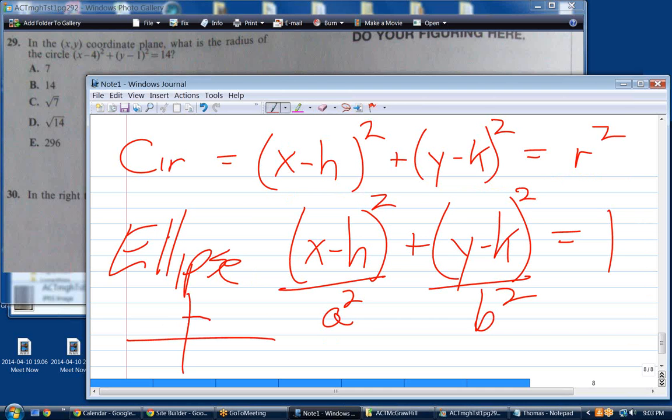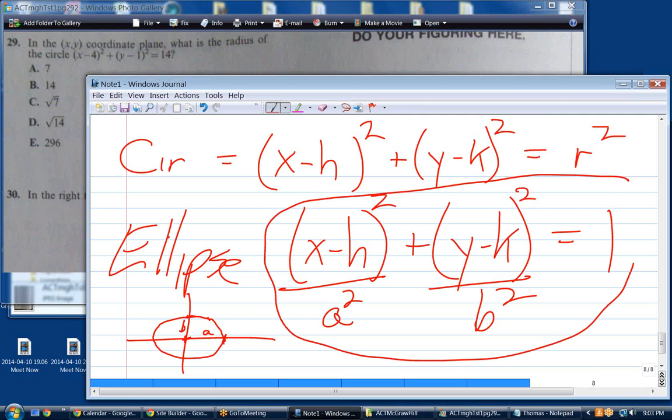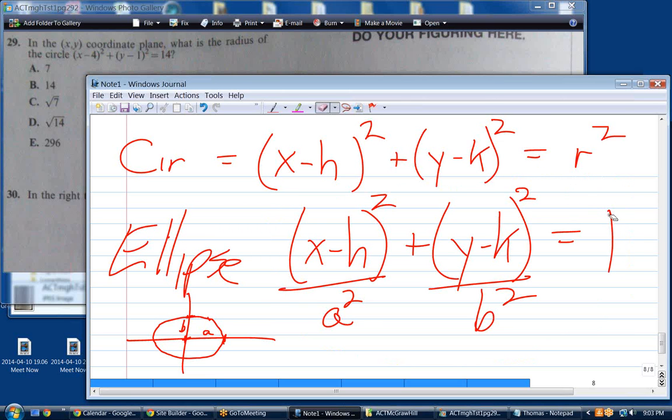What is a and b? Well, a is the long radius and b is the short radius. In other words, b is the distance from here to here, and a is the distance from there to there. And there is the formula, with h and k being the center of the ellipse. And the biggest difference is the right side is 1, not anything else. So memorize both of those two, and you'll get the 2 conic section questions right,